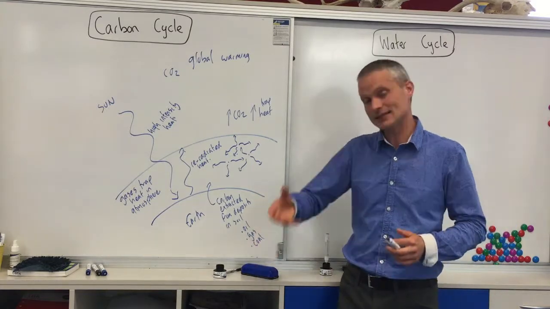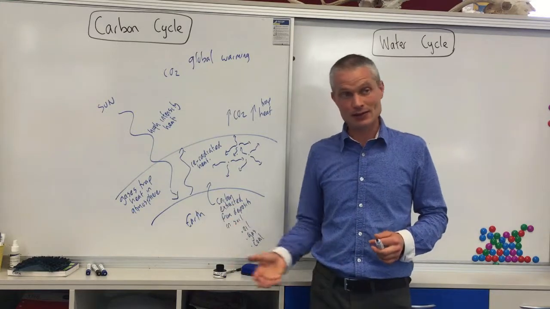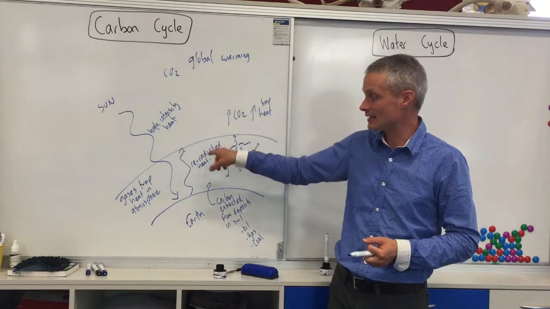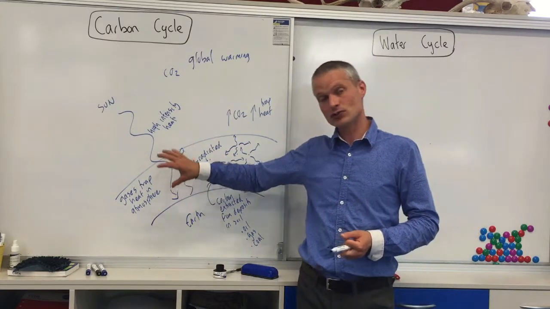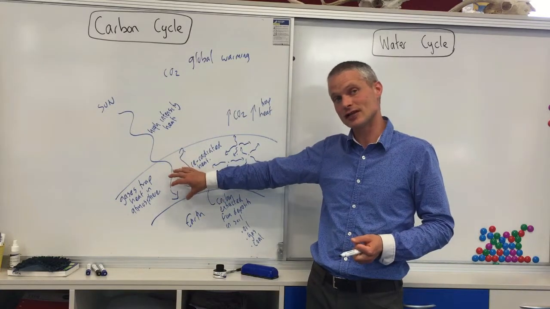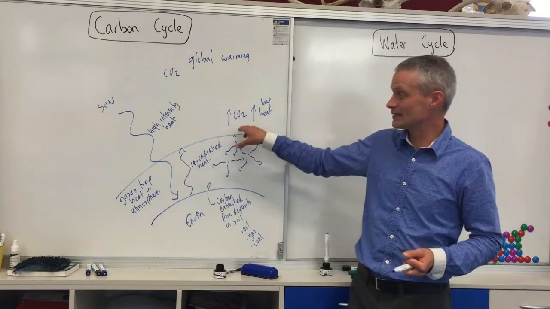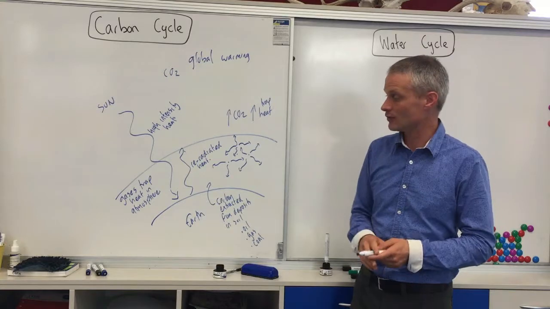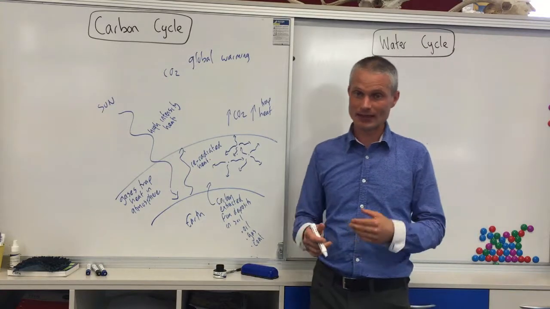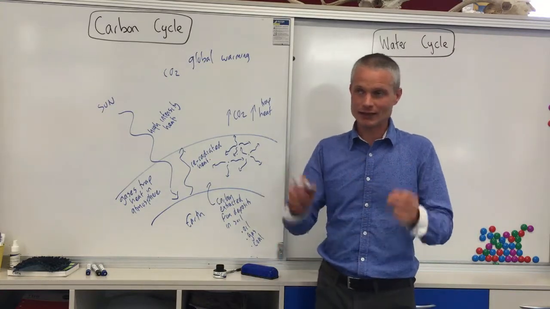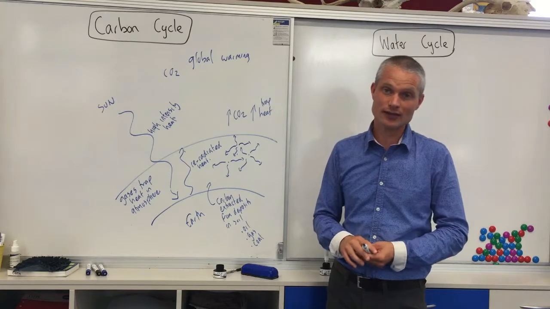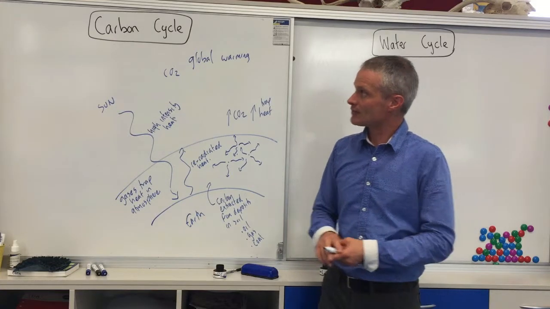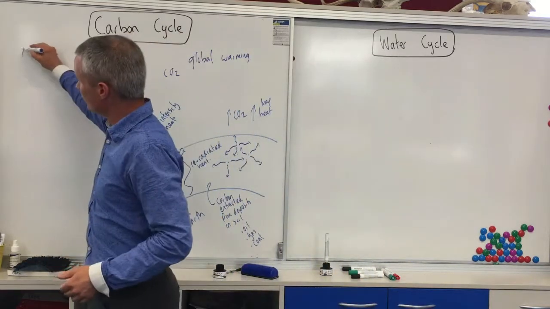And we're extracting that carbon out of those deposits, and we're burning it as fossil fuels, and we're putting it into the atmosphere, where it's going to increase the concentration of carbon dioxide and increase the ability of our atmosphere to trap and store heat, which will lead to global warming and changes in sea level and various threats to the biosphere. So the carbon cycle is the movement